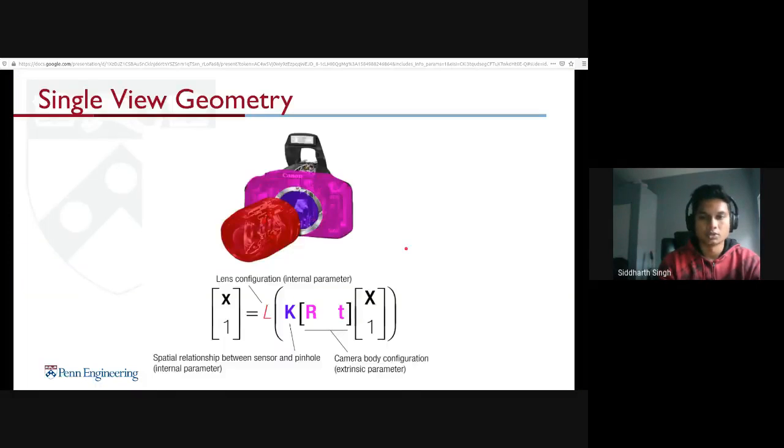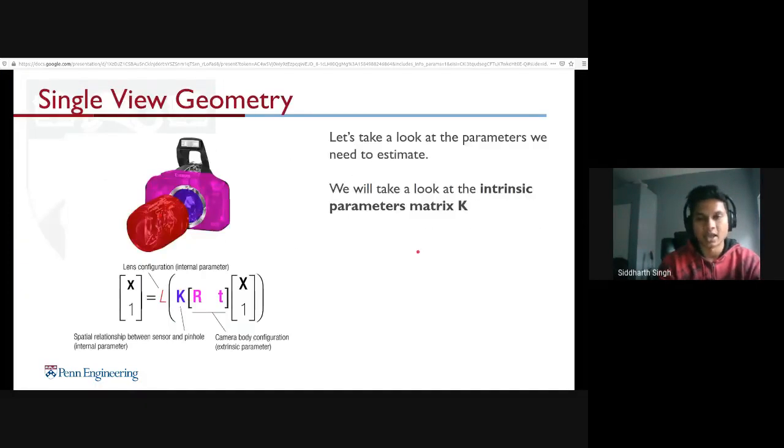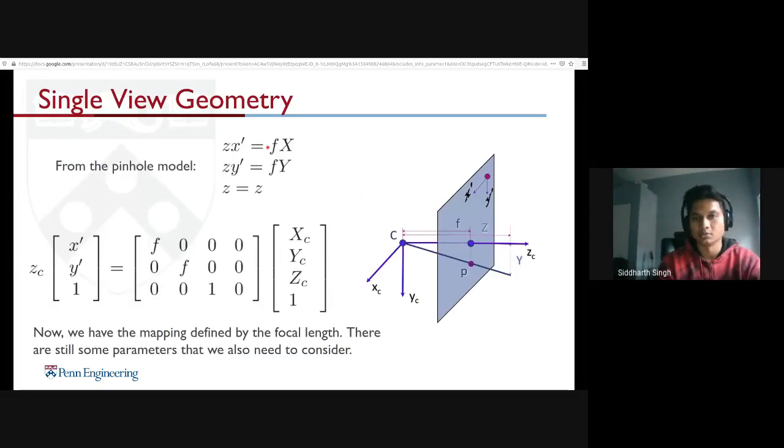So if we wanted to have both x and y components, we can do the same thing. We just do fx upon z and fy upon z, where z is the distance in this direction, the focal length,